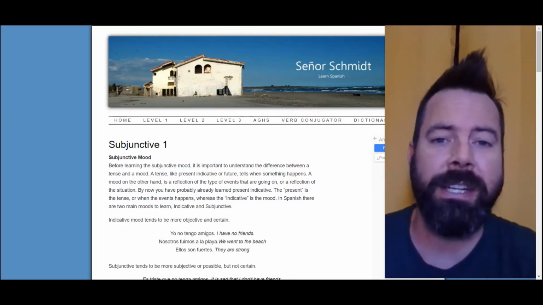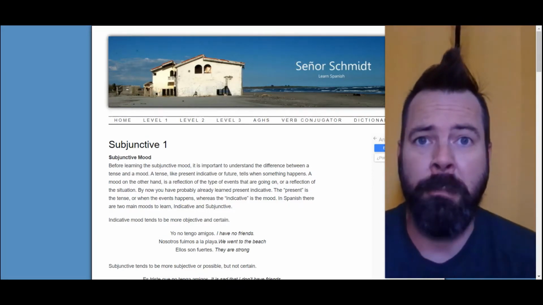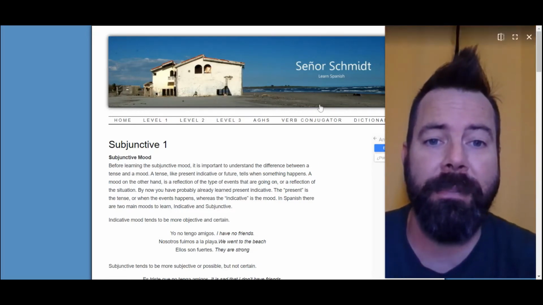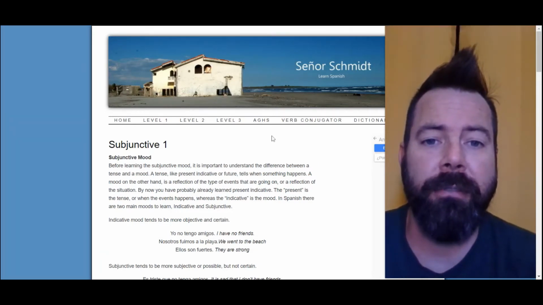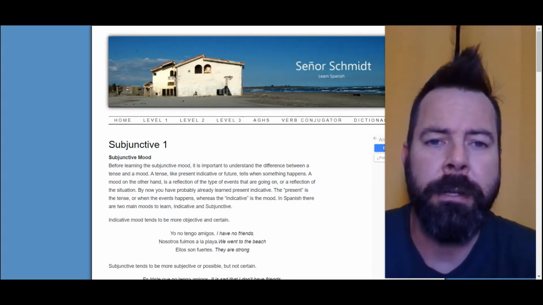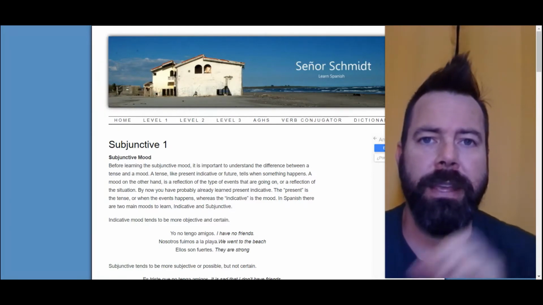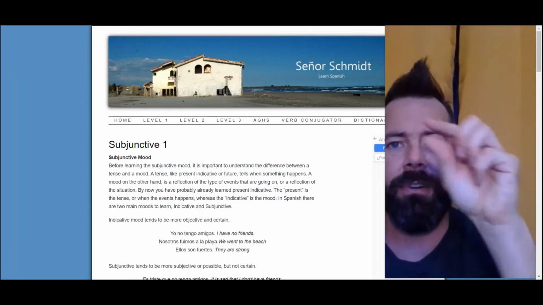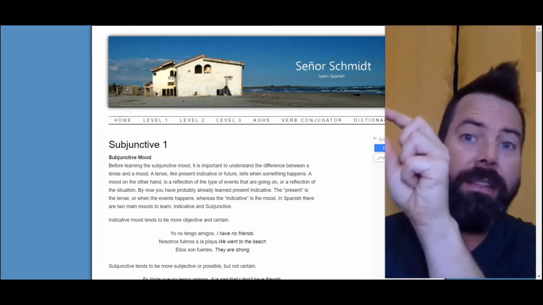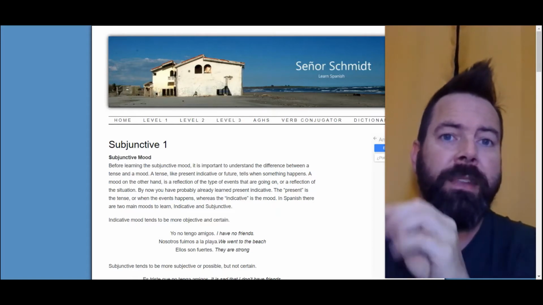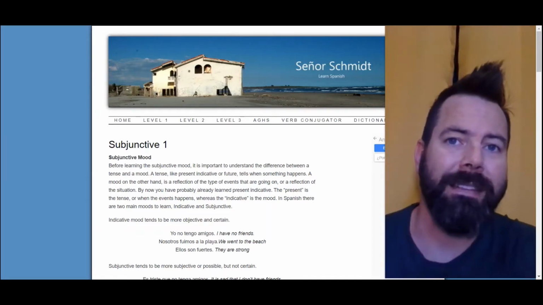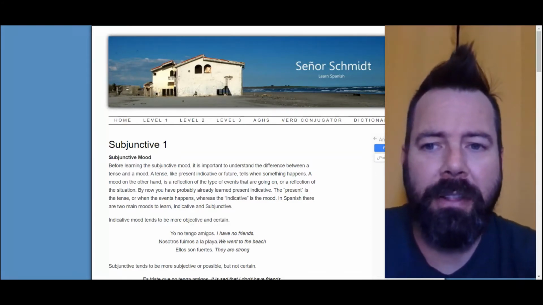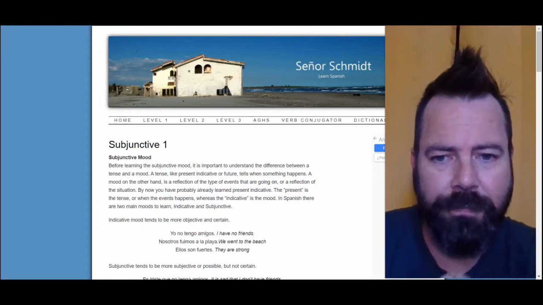If you've looked at the verb conjugator on the website here, you know that the verb conjugator will give you a whole bunch of different things. If you look on one side, it'll say indicativo or indicative. But if you look on the other side, it'll say subjunctive. So it's that whole other right side of the column that we're going to be looking at. Let's look at subjunctive mood a little bit.